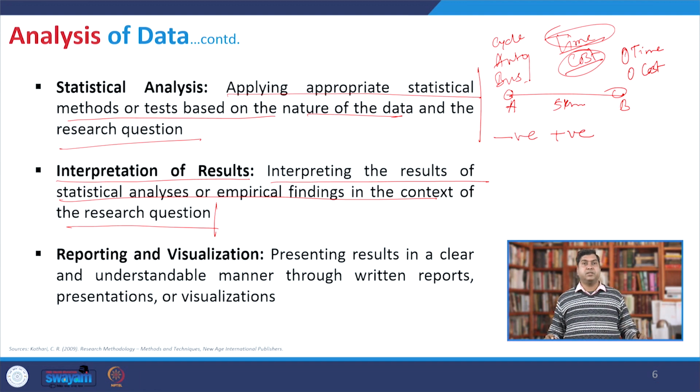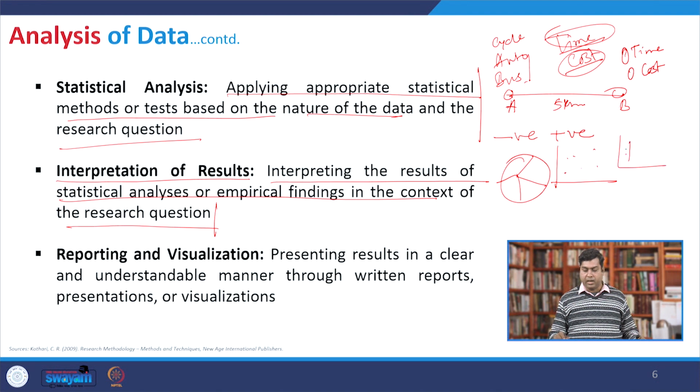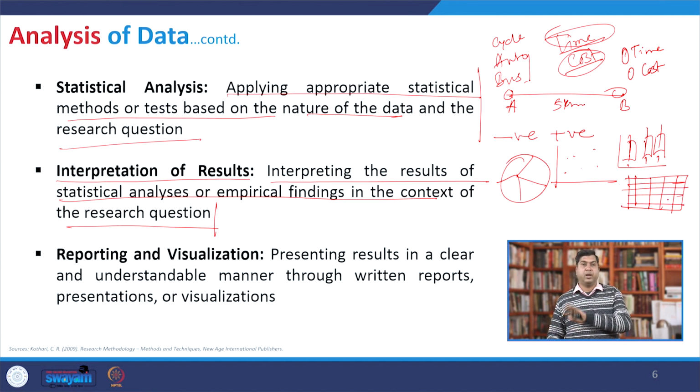This presentation, sometimes it can be an infographic, it can be a pie chart to show the distribution, it can be some kind of scatter plot, it can be a box plot. So there are different types of representation, or it can be a simple illustrative table which can convey the meaning. Depending on the type of information that you are going to show, you will have certain options to